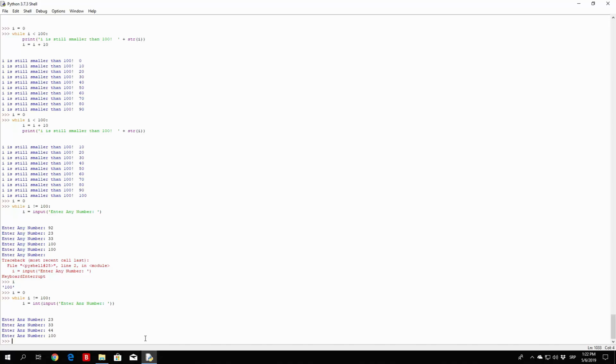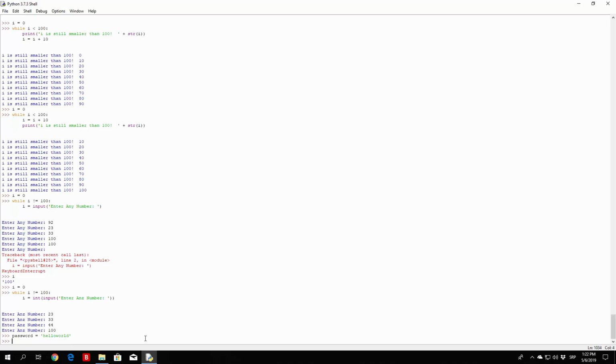Now let's see how we can actually write this for the password. So password will be equal to, for example, let's use something else. So right here we can use hello world. So that is our password, our standard good old hello world string. So right now we want to enter a while true loop, or not a while true. So while, well, let me just double check this first of all. Okay, so we can do something like this, while inputted underscore password is not equal to the password,